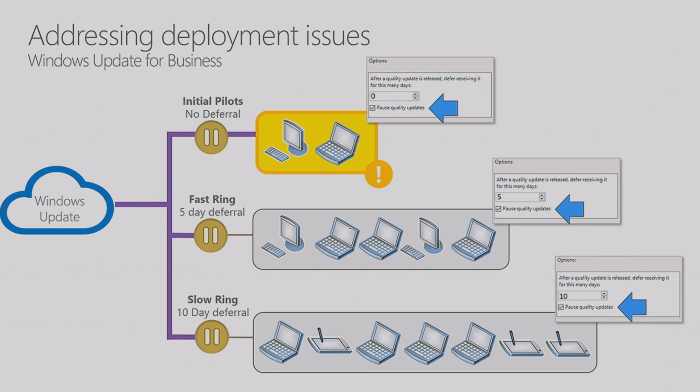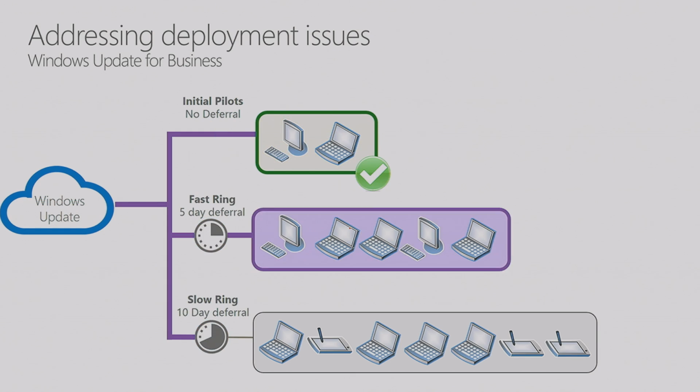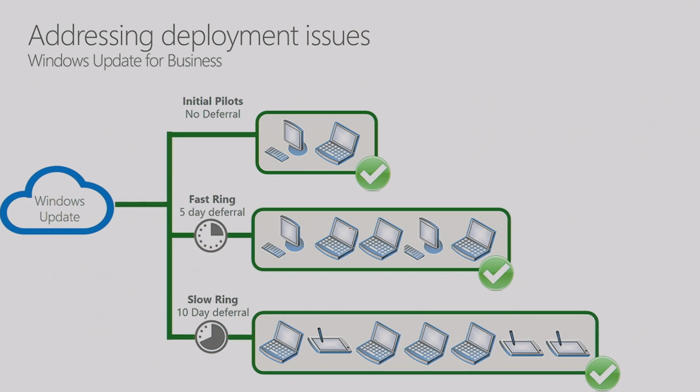So now you've paused and you start to look at remediation for what you're going to do for that initial set. You understand what the problem is. You've found out what the solution is, whether it's Microsoft, whether it's something in your environment. Now what you can do is go through and unpause these machines. Now those updates follow that deferral and find their way through. That's pretty much it. It's very simple, and really it's going hand in hand with this Windows Update for Business